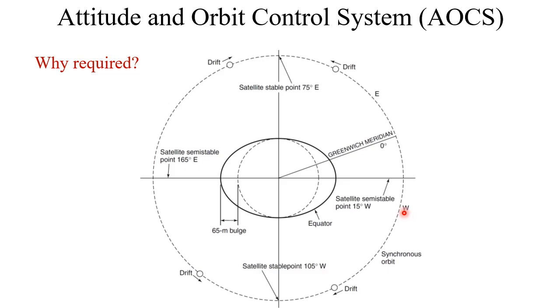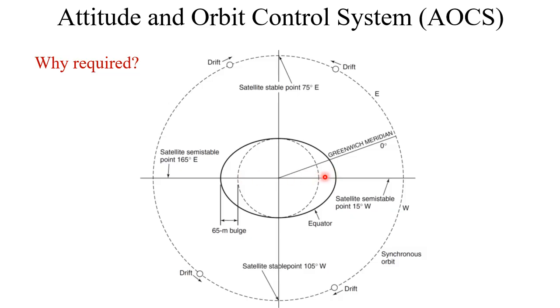Generally, we send the satellite in the orbit expecting the satellite will stay in the orbit without any problem. For a geostationary satellite, we want the satellite to stay in the sky at a fixed position. That is intended, right? But actually what happens, because of various issues, like the shape of the earth is not exactly spherical, it is a little bit bulged out in the equatorial region,